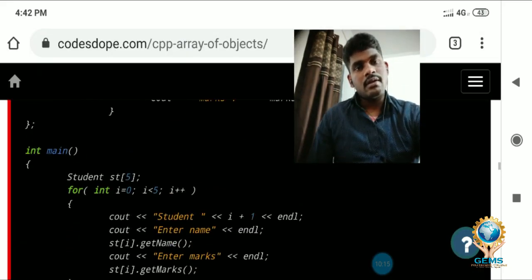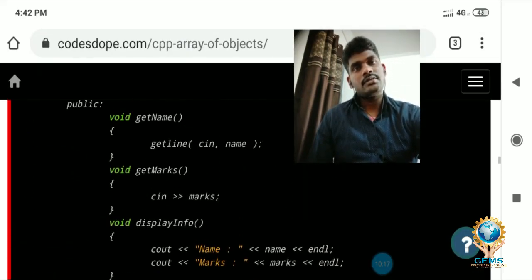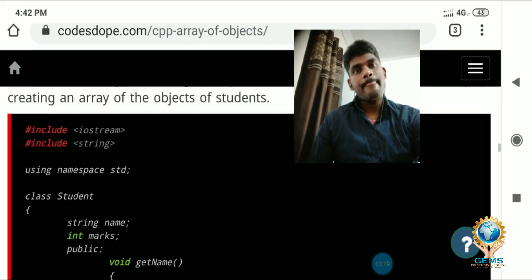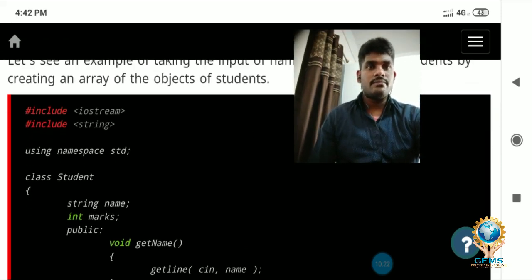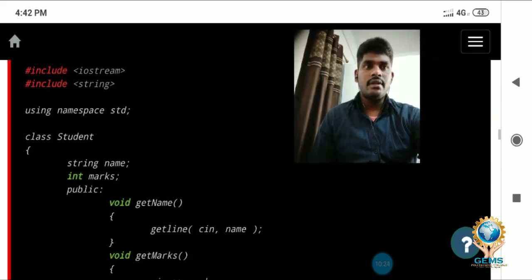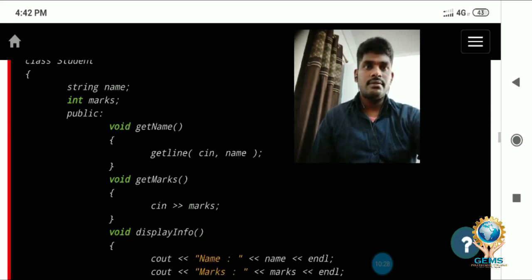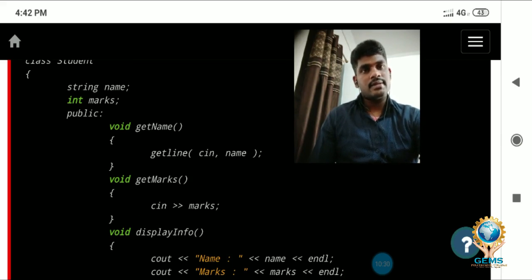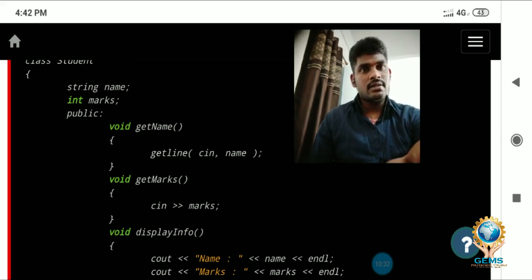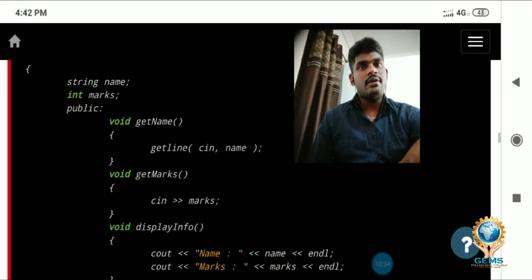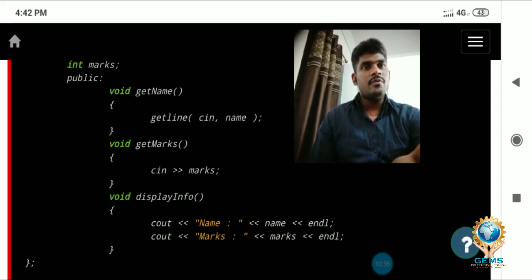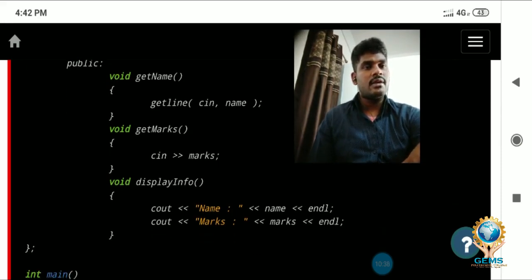Again, look at the program here. First, #include iostream, #include string, then class student, simply following the syntax. You are taking two variables here, string name and int marks. Again we are declaring the member functions.